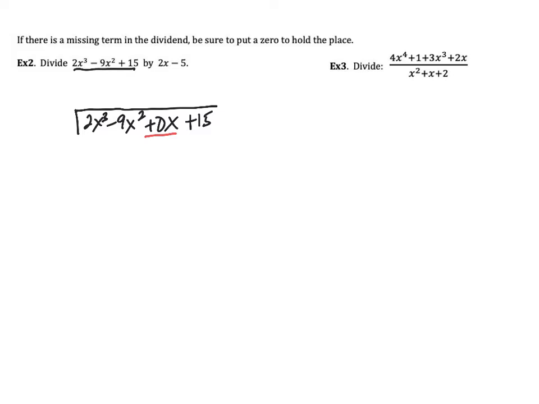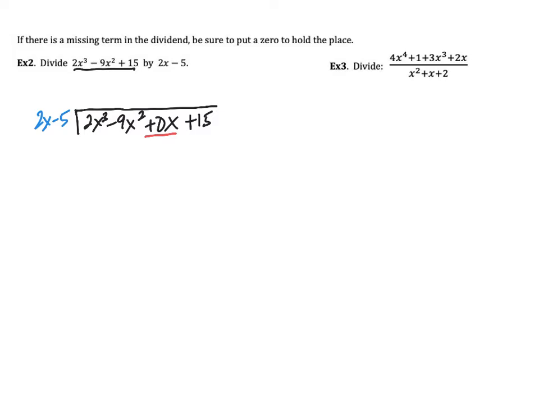The 0x, notice there is no x. Well, if you put the placeholder, it's just going to help you organize your final answer. So we have an x cubed and x squared. We don't have an x, therefore I'm going to put a placeholder there, a 0x, and then you have your constant of 15. We are dividing this by 2x minus 5,